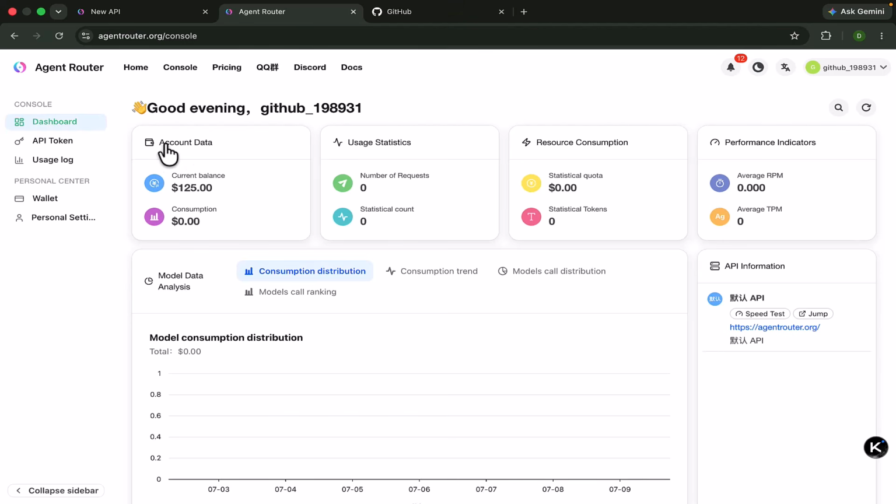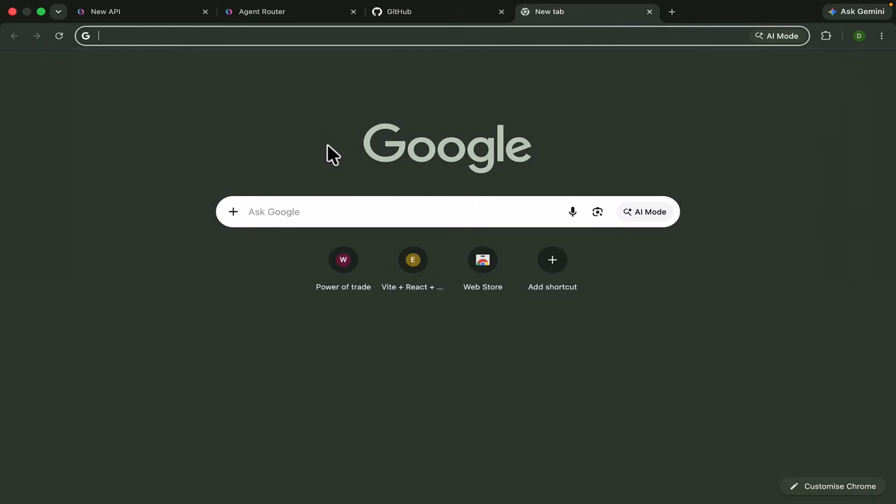Now you can see that the account balance is $125. Initially they provide you $125. Also they will provide you $25 daily in your account. You will be able to use your Opus Claude Code freely, limited to $25 at maximum, because another thing you can see is, if you go to the official site of Claude,